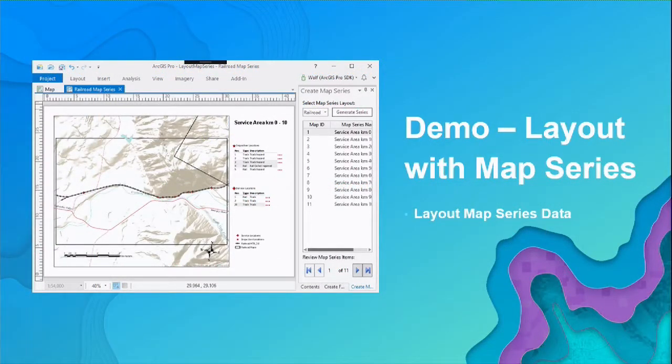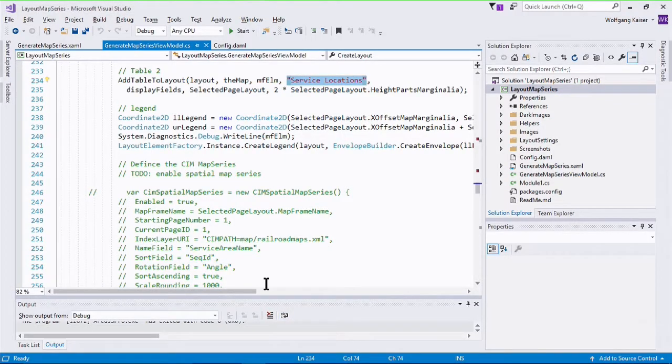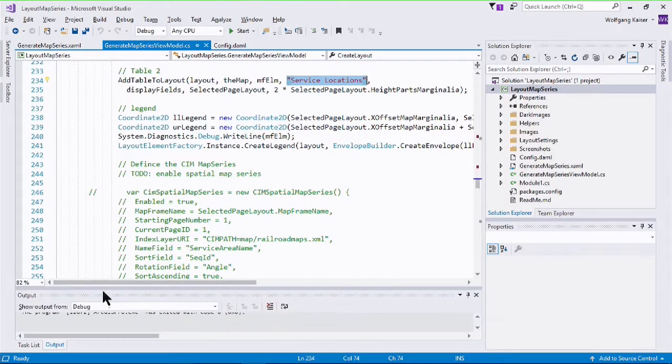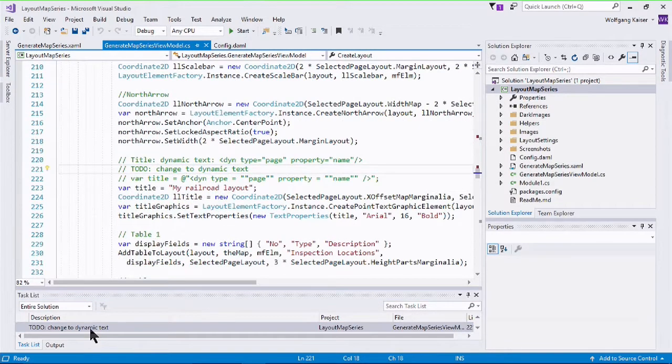So that brings me to my last and final demo here. I'm going to use the same project I had before. And all I need to do is remember where I have to change my code. I have a few to-dos. So the first thing I want to do is remember where we hard-coded the title to my railroad layout before. I now want to use the dynamic text. And for the dynamic text, I want to say,